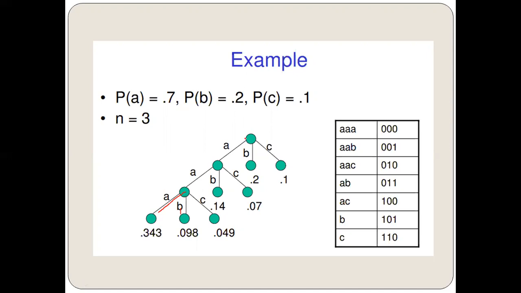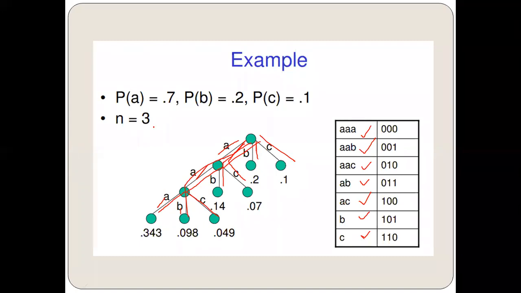Now, in this, you can see what you have reached. This is A symbol. So this is A. Then you have A, B. So AAB. Then you have AAC. Then you have AB. You have to reach the leaf node. AB. AC. Then you have B and then you have C. And then you are going to generate the codes from 0 to 6.